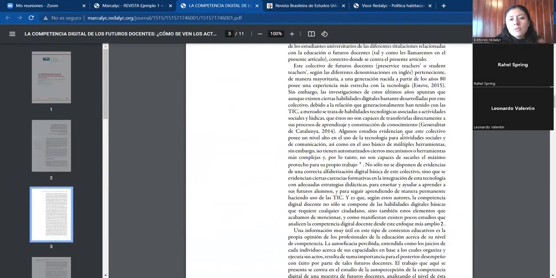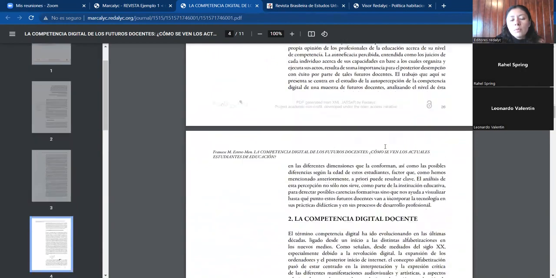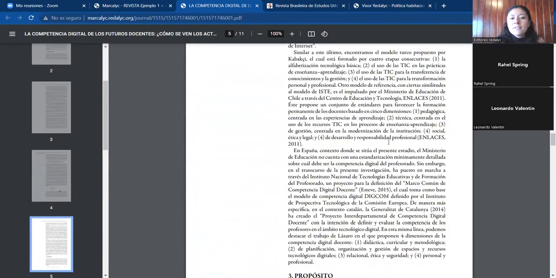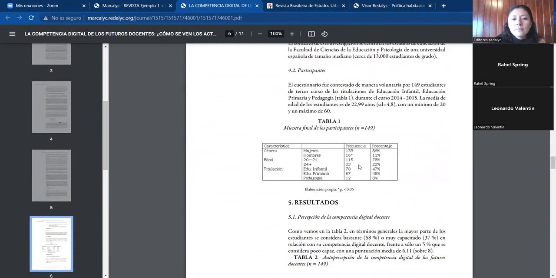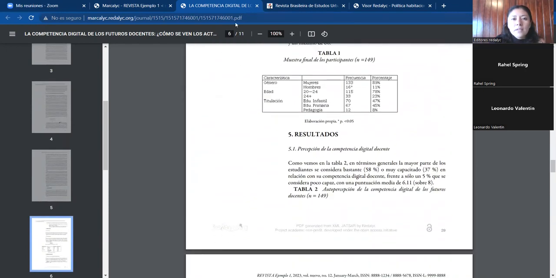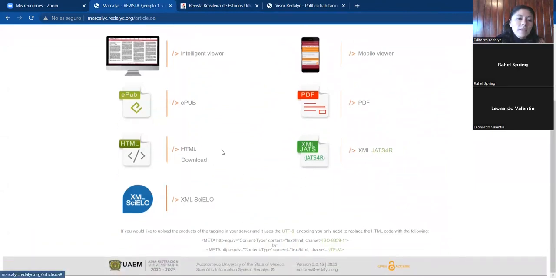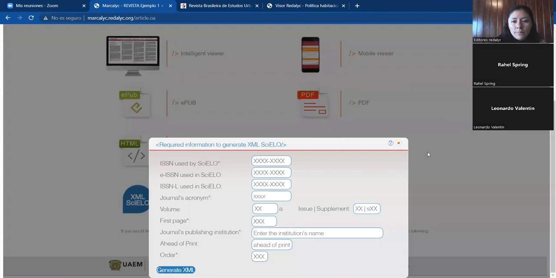Again, the whole information we saw, but in a different style. We see here again the table. Then we have the HTML, again only for download. And if you select this option,